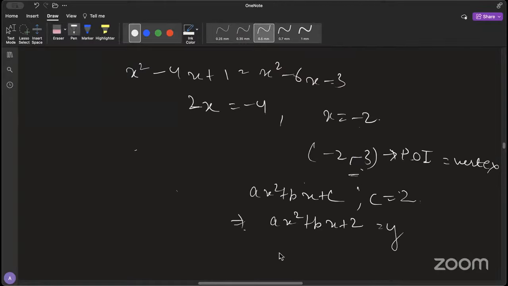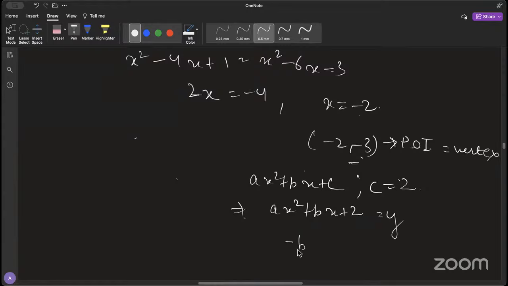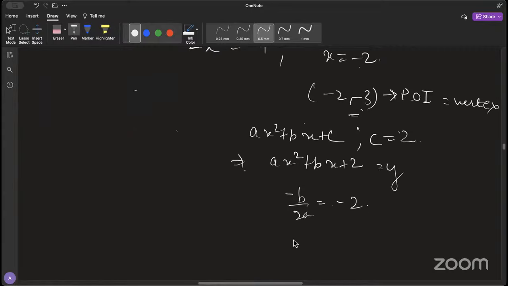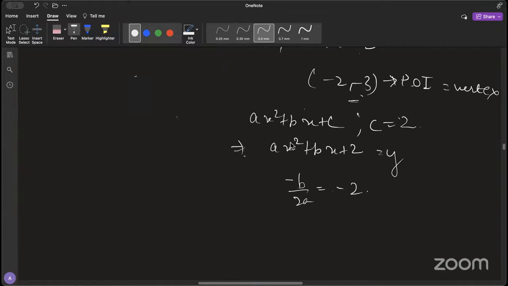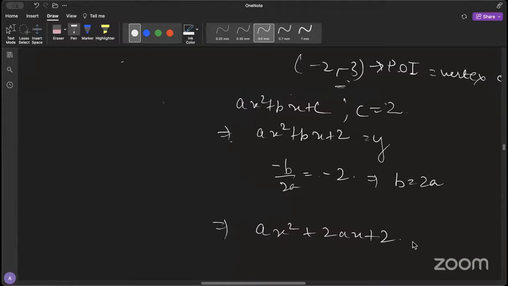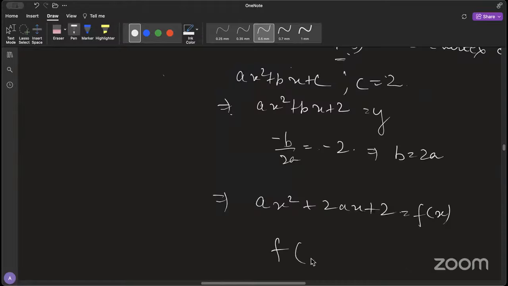This is the vertex, and the vertex is given by -b/2a. That means your -b/2a is -2, which gives you b equals 2a. So you can substitute b equals 2a here. You will get ax squared plus 2ax plus 2, which equals f(x). And f of